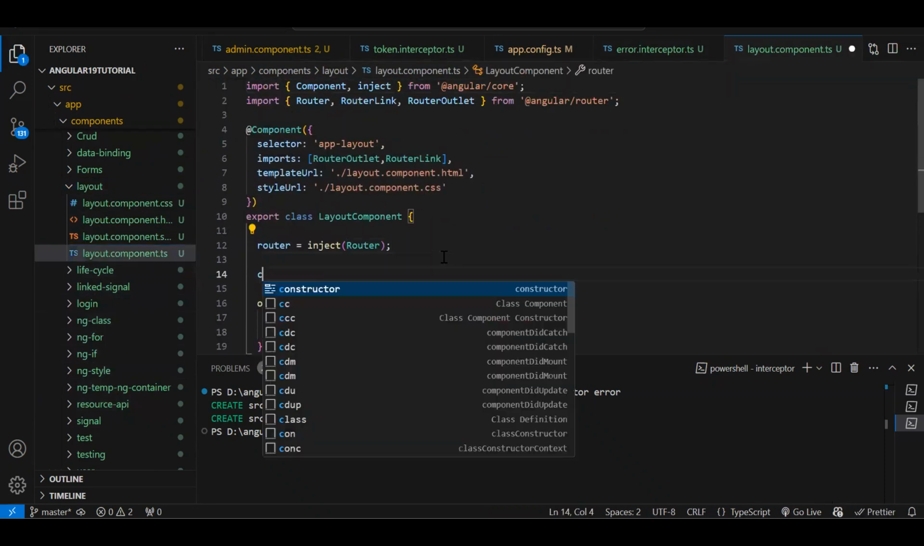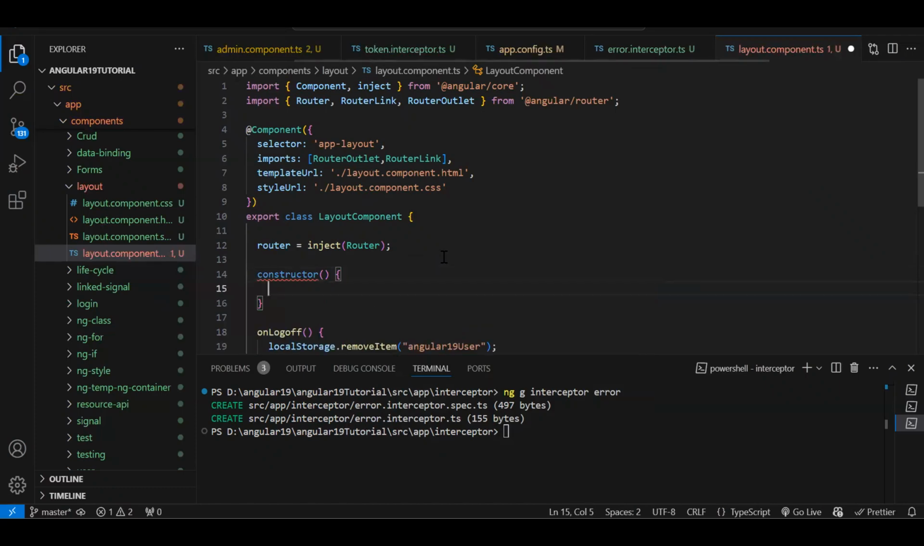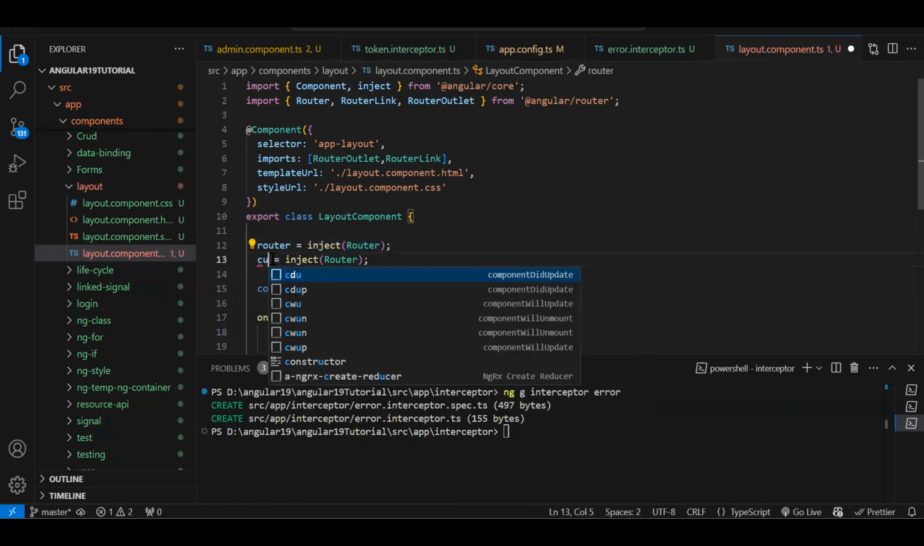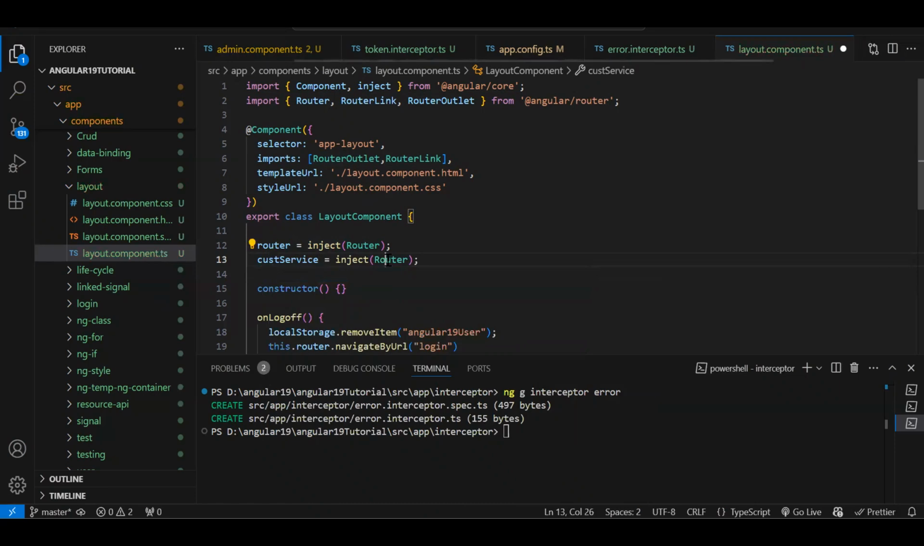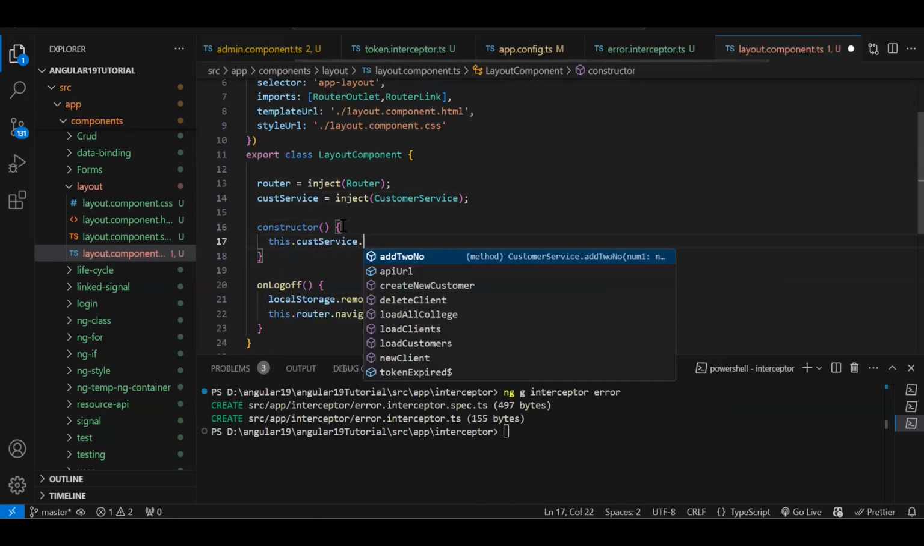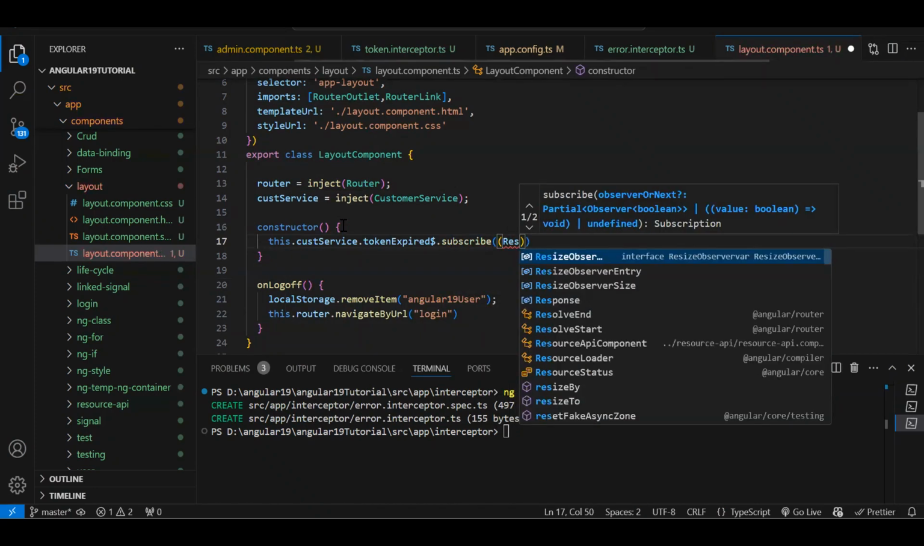So let's create a constructor over here, because we need this particular component where we will subscribe to it. And once we emit the subject, we will again call the API to get the refresh token. Let me complete everything, then you will be able to understand. So this dot, oh, we need to implement our customer service also over here. What are we going to inject? Customer service. Fine. Now in the constructor, this.customerService.tokenExpired.subscribe, with result colon boolean,